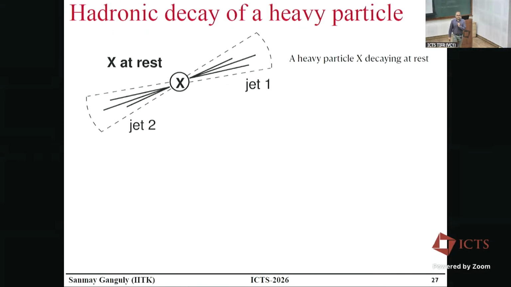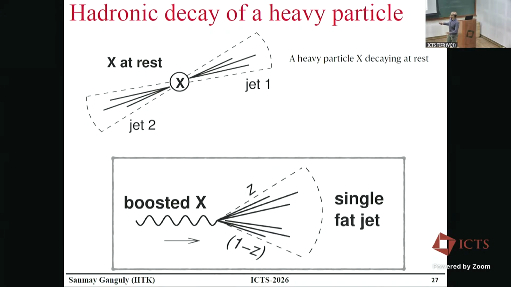Now we who care about the decay of heavy particles into other particles, which is essentially like we anticipate there can be some heavier particle in nature. Also for existing particles like W, top quarks and things like that, which go through both hadronic and leptonic decay modes, when we make jets out of it, those jets have internal structure. Now to study those internal structures, there is this thing called jet substructure.